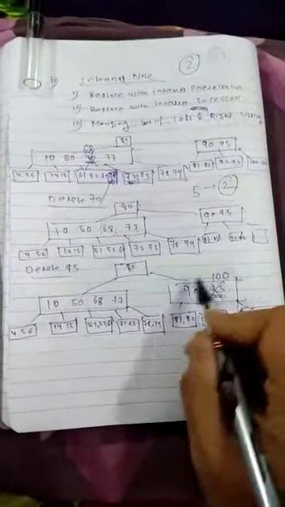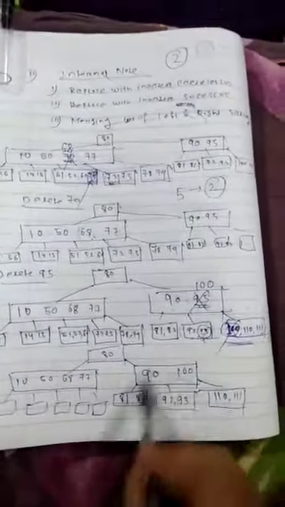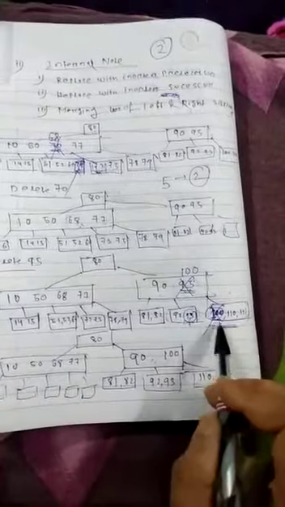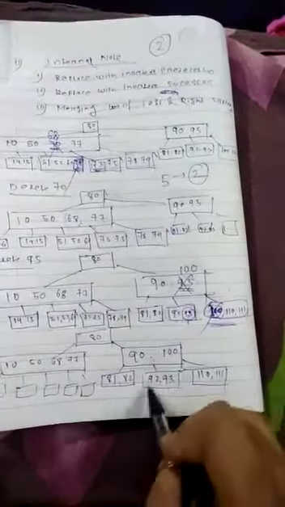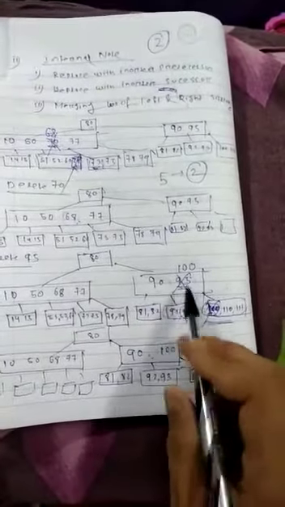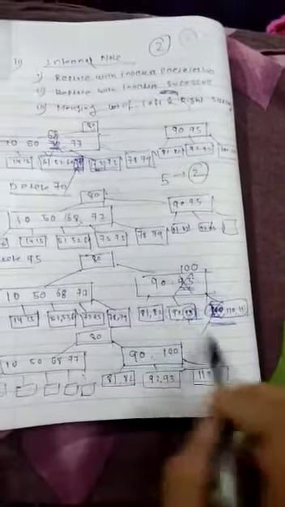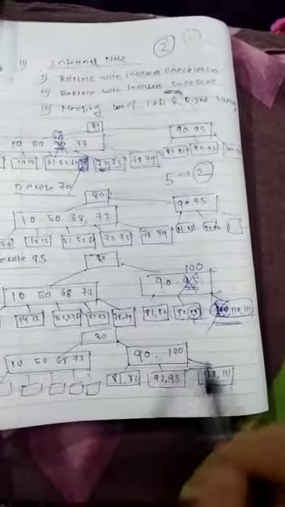Then after performing the operation, what is the tree? After deleting this, I am drawing only the right part, the left part is as it is. So the right part, see, this is the same. After deleting 95, it is replaced with the in-order successor 100. Then 92, 93 is as it is. Then here the other nodes contain 110 and 111. So this also satisfies what? The B tree property, because each node contains a minimum of 2 keys, so no violation of the B tree property.